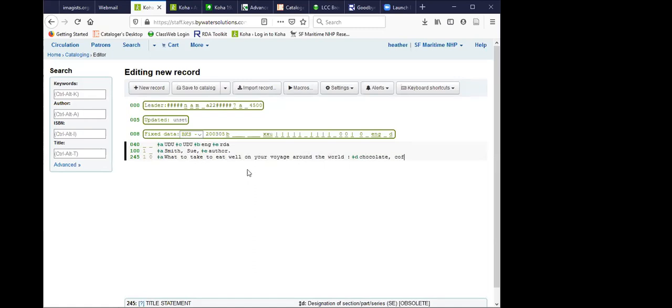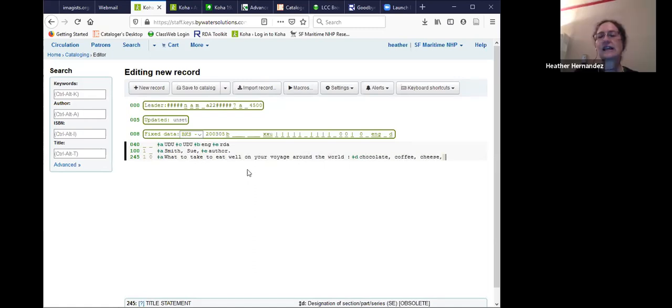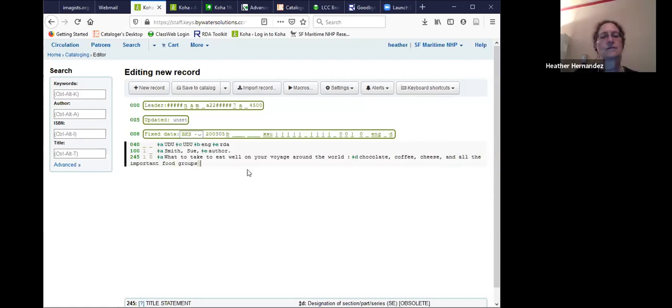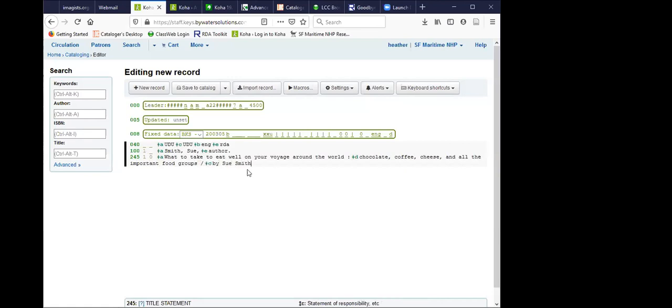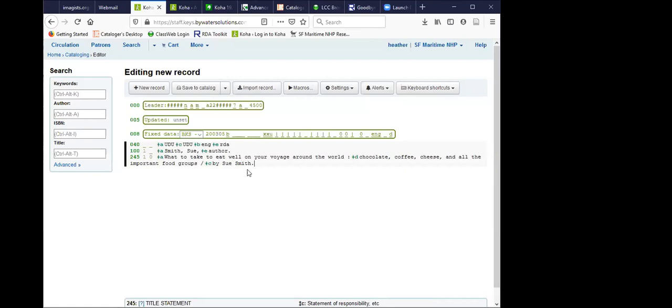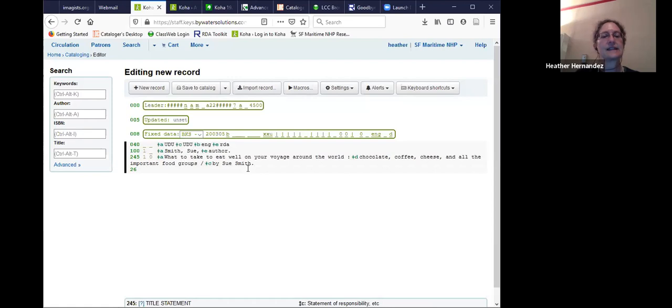Chocolate, coffee, cheese, and all the important food groups. By Sue Smith. Subfield A, yes, must be explicitly keyed. And that's something to keep in mind if you're used to cataloging on utilities like OCLC where it's understood, whereas Koha requires seeing it. And we might have, let's see,